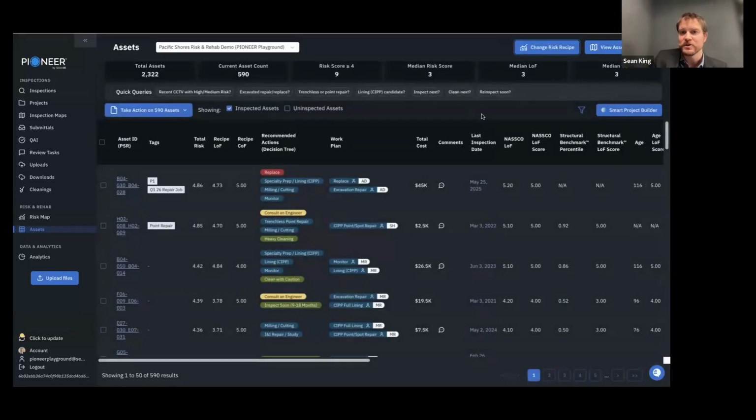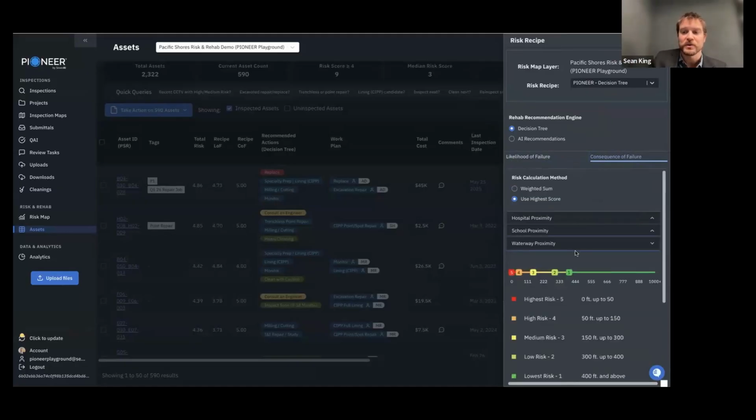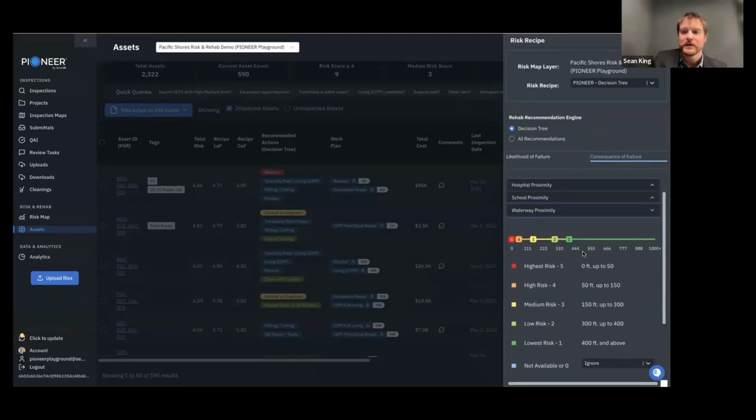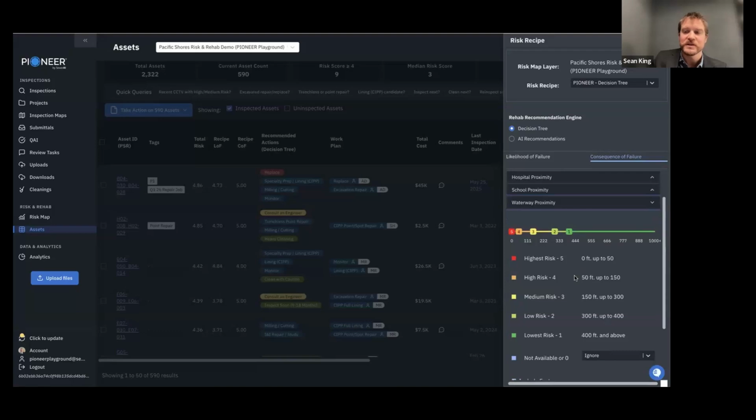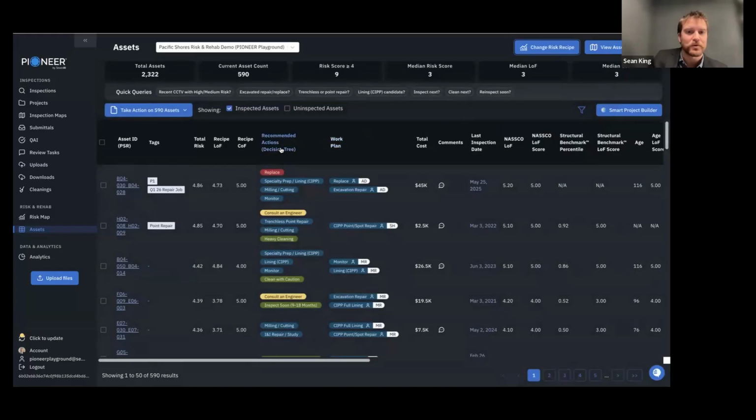The other thing Eric had mentioned as well, I want to touch on one more thing. The consequence of failure you can also change. So let's say you're not as concerned with waterway proximity. Again, you can adjust those barriers that are going into that calculation to change the weight of waterway proximity into that risk score. And the last thing I wanted to point out here is right now we're looking at decision